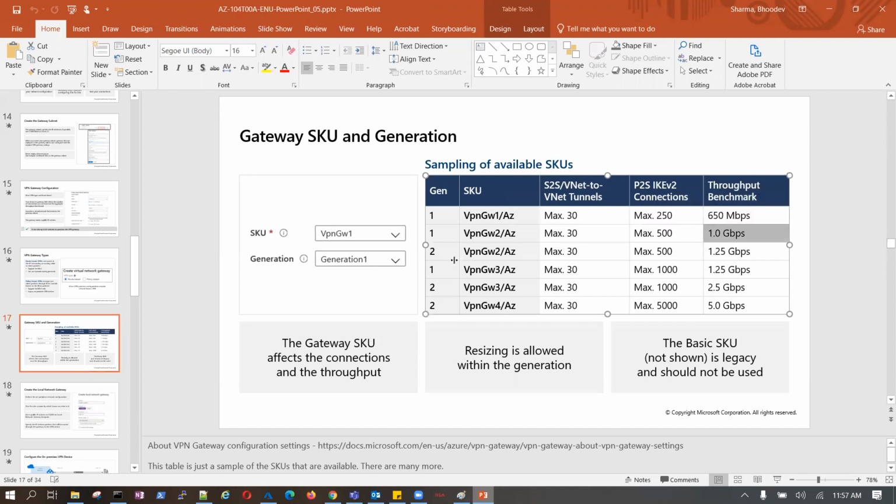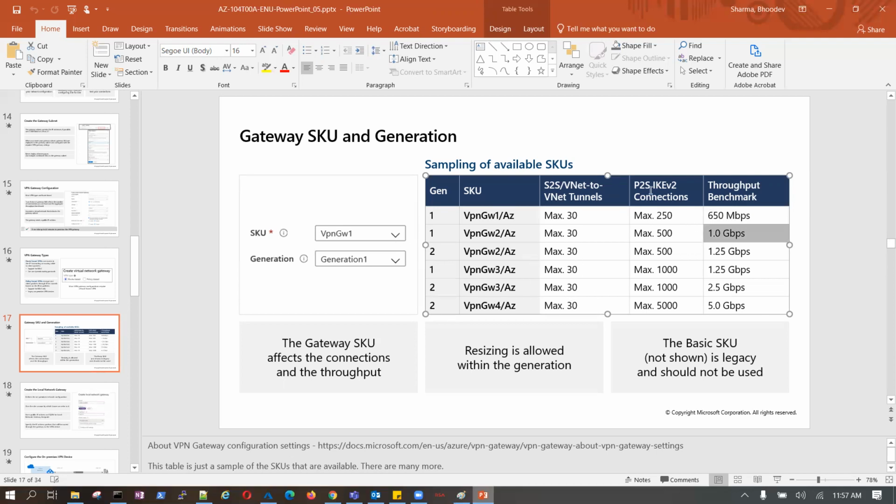Now, which one should you use? Based on these two column values, you should choose the SKU type. Because we were doing a simple lab and we know this connection is not going to exist, with on-prem or site to site, we are randomly selecting.